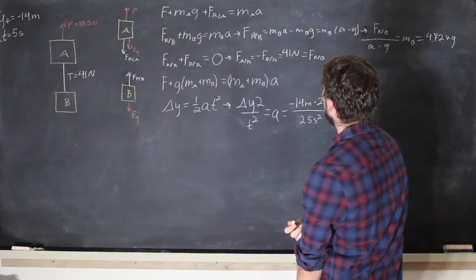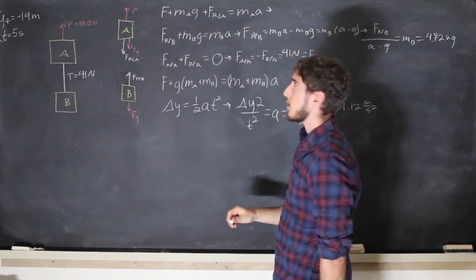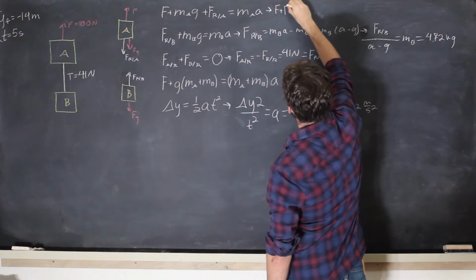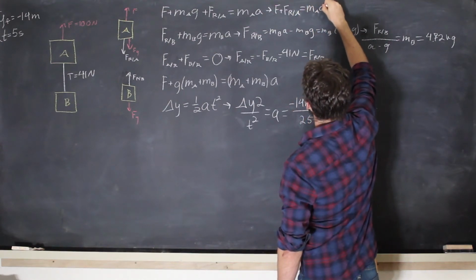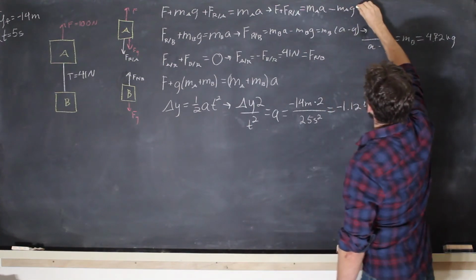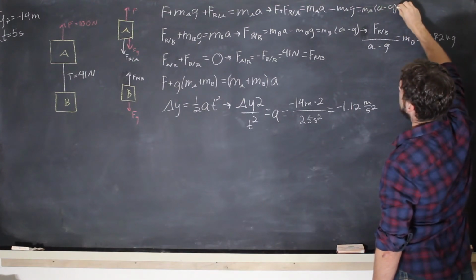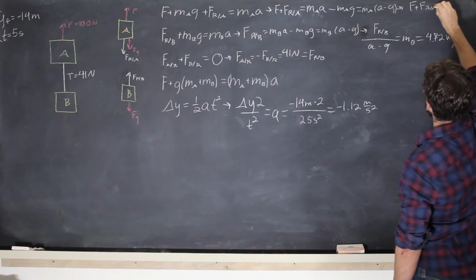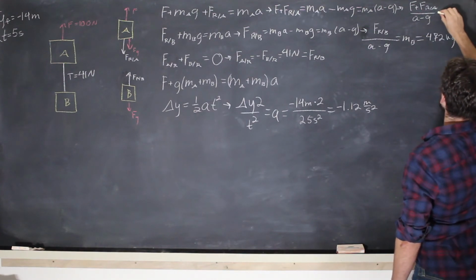And we could probably also solve for A. Do I know F of RA? I guess I do. So it's going to be the same thing. We're going to want to isolate A and then divide the rest of it. So we're going to add F plus F of RA is equal to MA acceleration minus MA gravity, which is equal to MA times A minus G, which we will transform to F plus F of RA over A minus G, which is going to be equal to